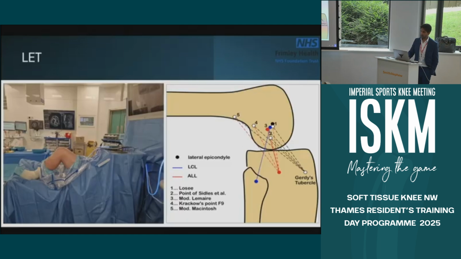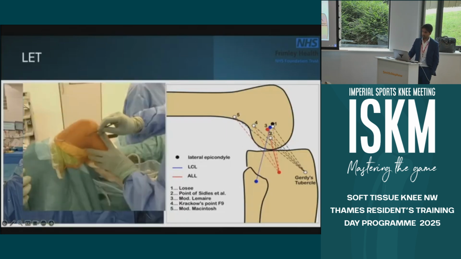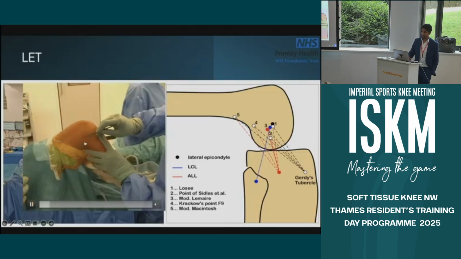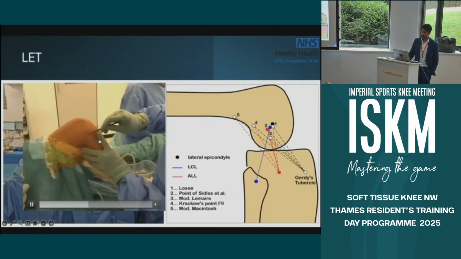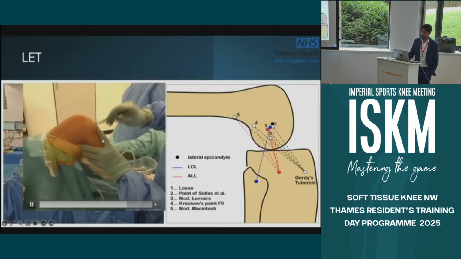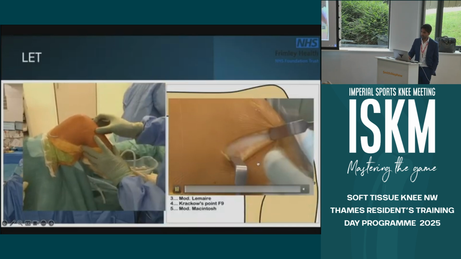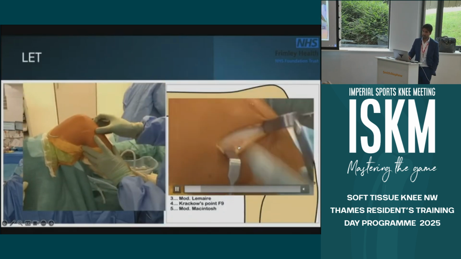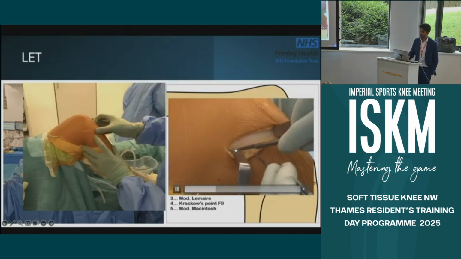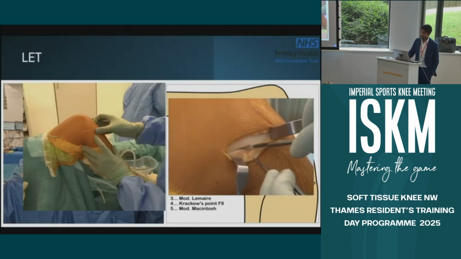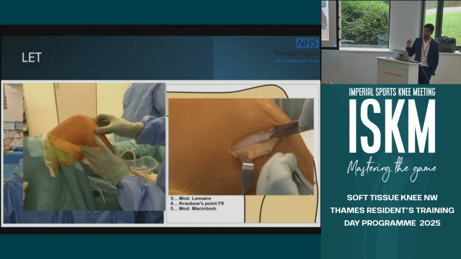So where do you fix it? Well, I won't bore you to death about this, okay, but it's got to be isometric, okay? So anywhere along this point is completely fine. The way that you do an LET, very quickly, is you mark it out. It's an incision from the epicondyle to the Gerdy's tubercle. You're incising it to be able to identify your IT band, which is the first layer on the lateral side of the knee. You split it down the middle, and then you want to take a 1 centimeter strip from